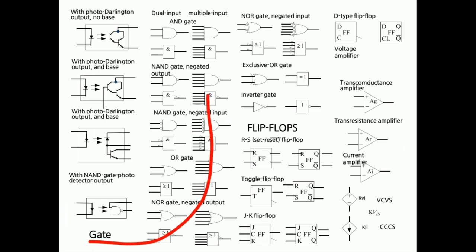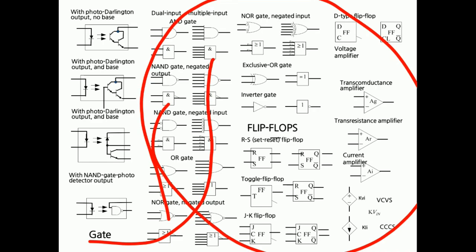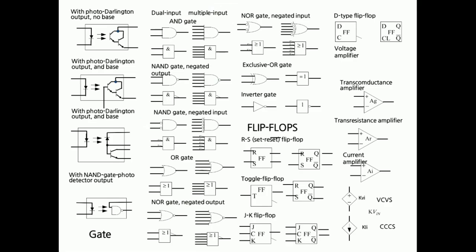Then gates. These are all digital circuits. In digital circuits there are different types of gates and flip flops, and for the gates and flip flops different symbols are required. These are the RS flip flop, toggle flip flop or T flip flop, JK flip flop, and the D flip flop, simply the delay flip flop. These flip flops are required to design any microprocessor register as well as the microprocessor design. So you have to remember this for basic electronics.